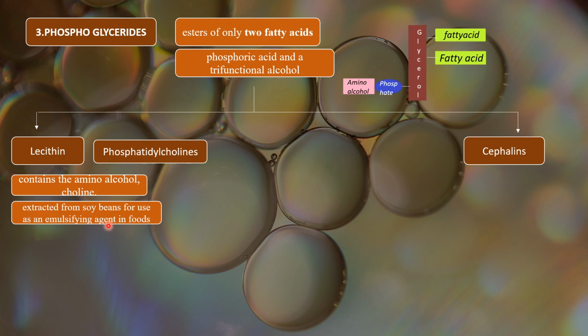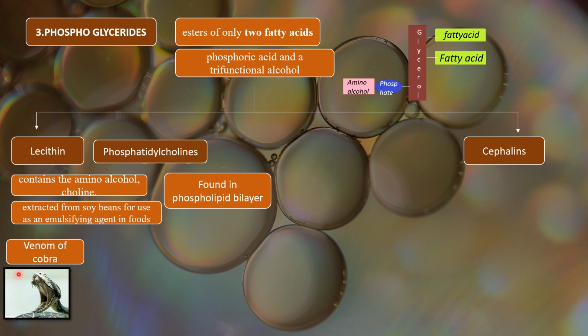So this can be used as an emulsifier, and it is also found in the phospholipid bilayer that is present in your body. In the membrane we have the phospholipid bilayer, and in that phospholipid bilayer this lecithin is present. One very important and good example of lecithin is in the venom of